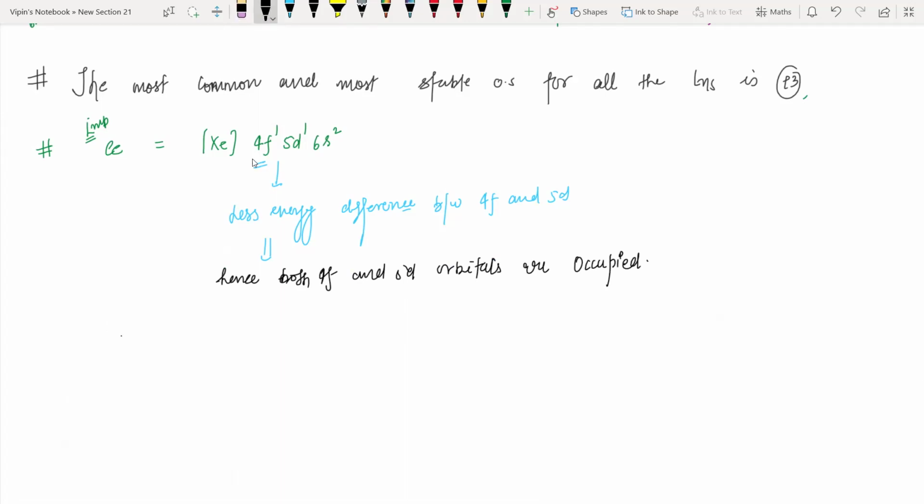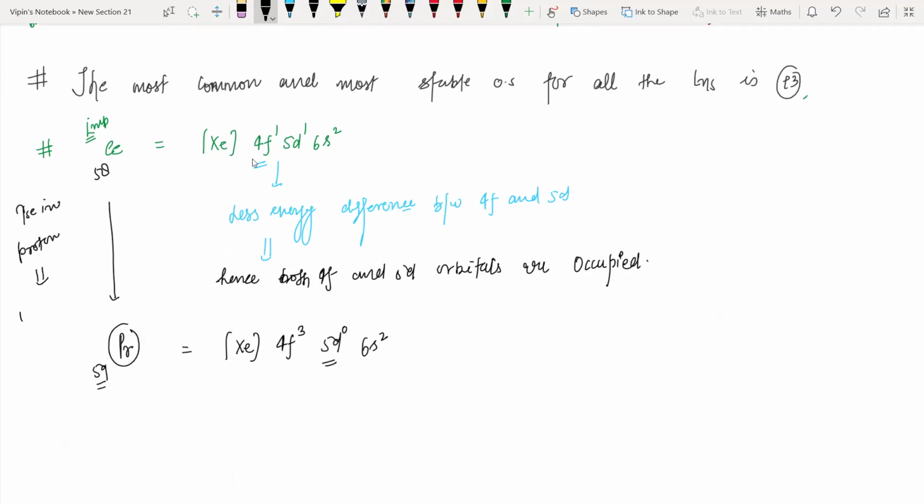In the case of praseodymium, what is the problem? Well, in praseodymium we have xenon 4f3, 5d0, 6s2. Why is the 5d orbital vacant? It is 58, it is 59. Because on moving from 58 to 59, there is an increase in proton number, right? Increase in protons leads to increase in nuclear force, right? Nuclear force will be more effective over the 4f orbital as compared to 5d, because 4f orbitals